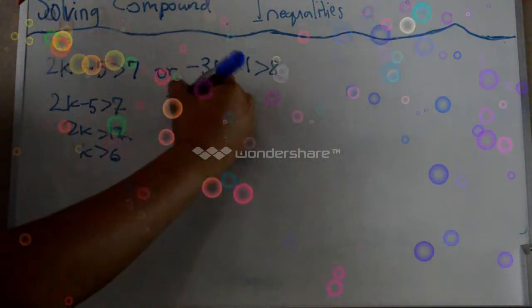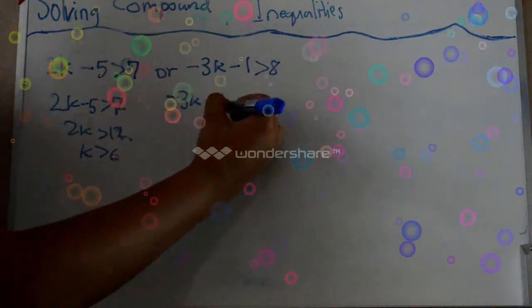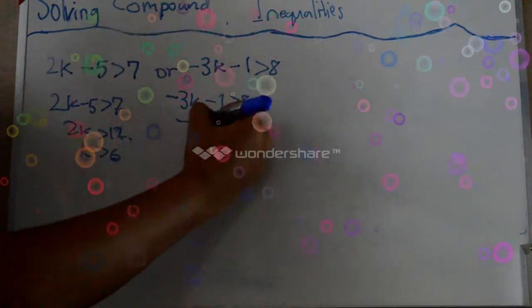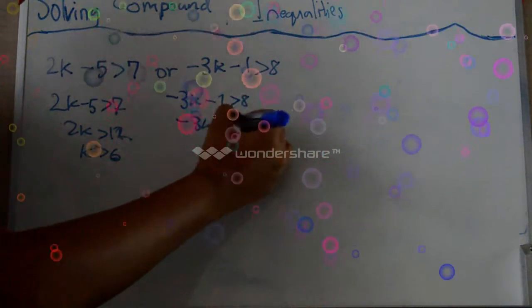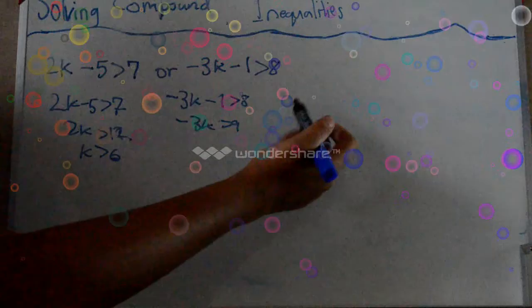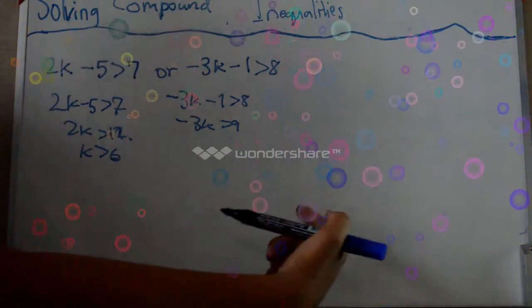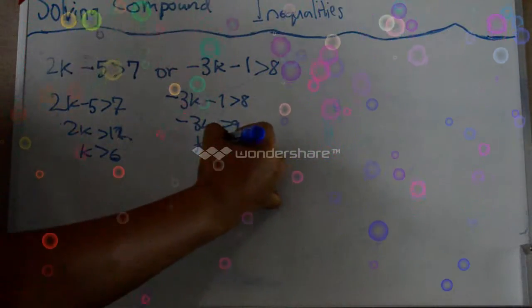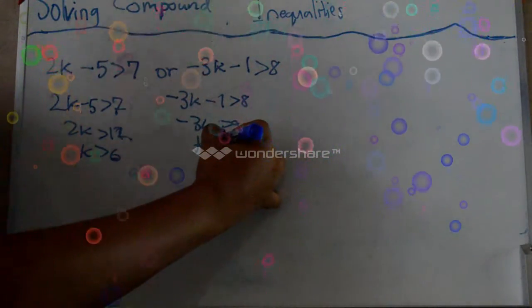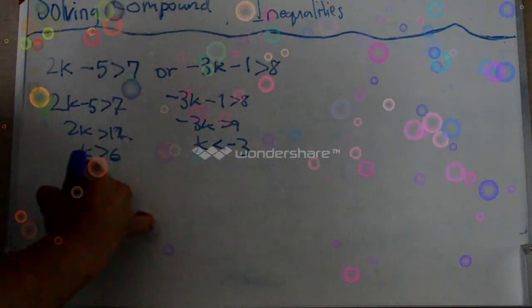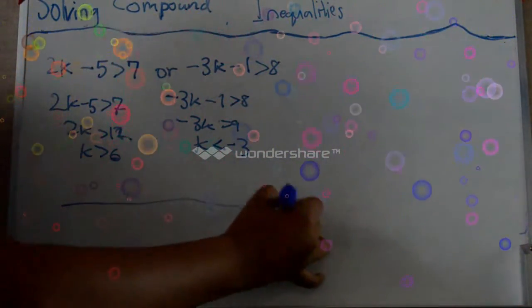and negative 3k minus 1 is greater than 8. Negative 3k is greater than 9, we move 1 there, so negative 1 moved to the right side is plus 1, so 8 plus 1 is 9. Now k is less than negative 3. So when we graph, it will be like